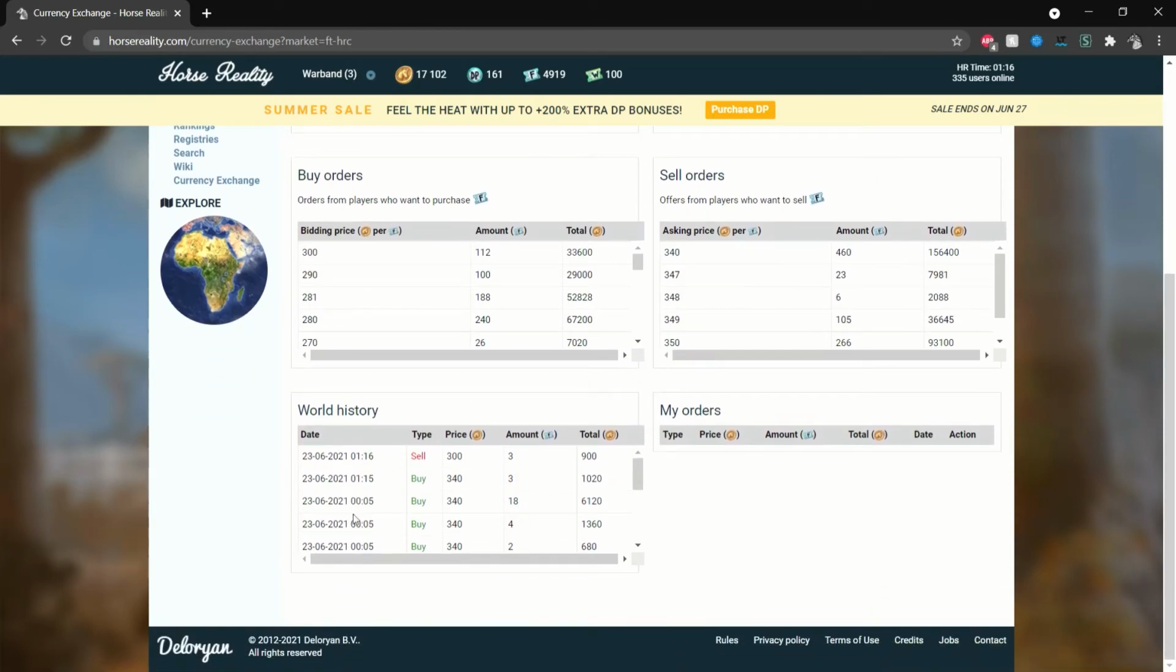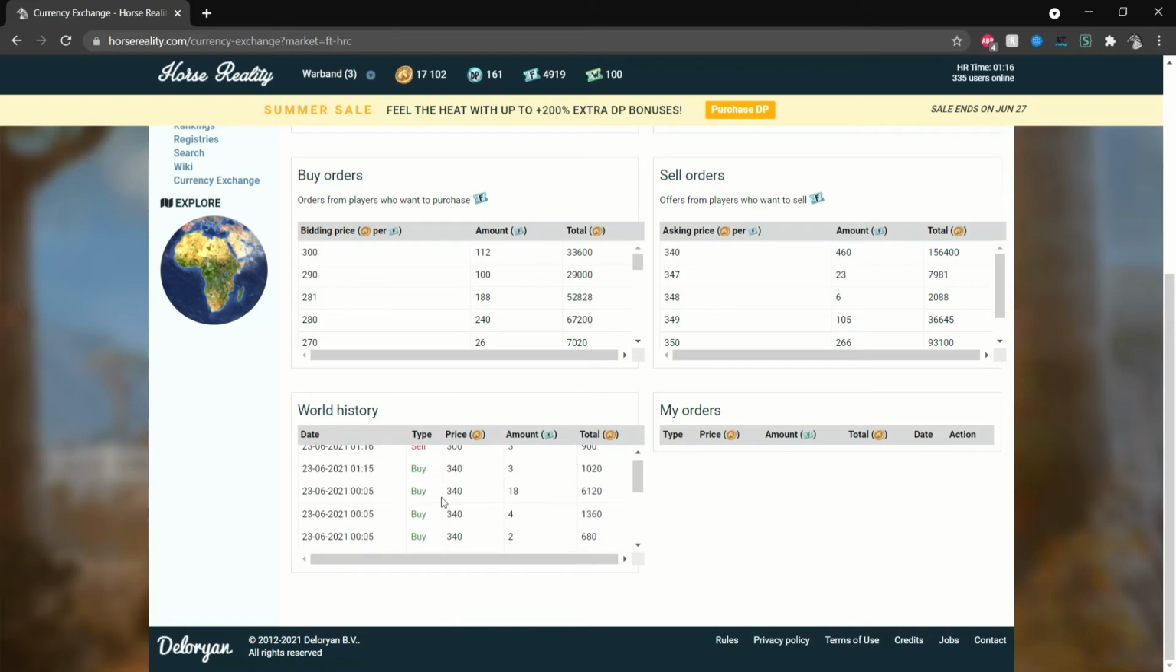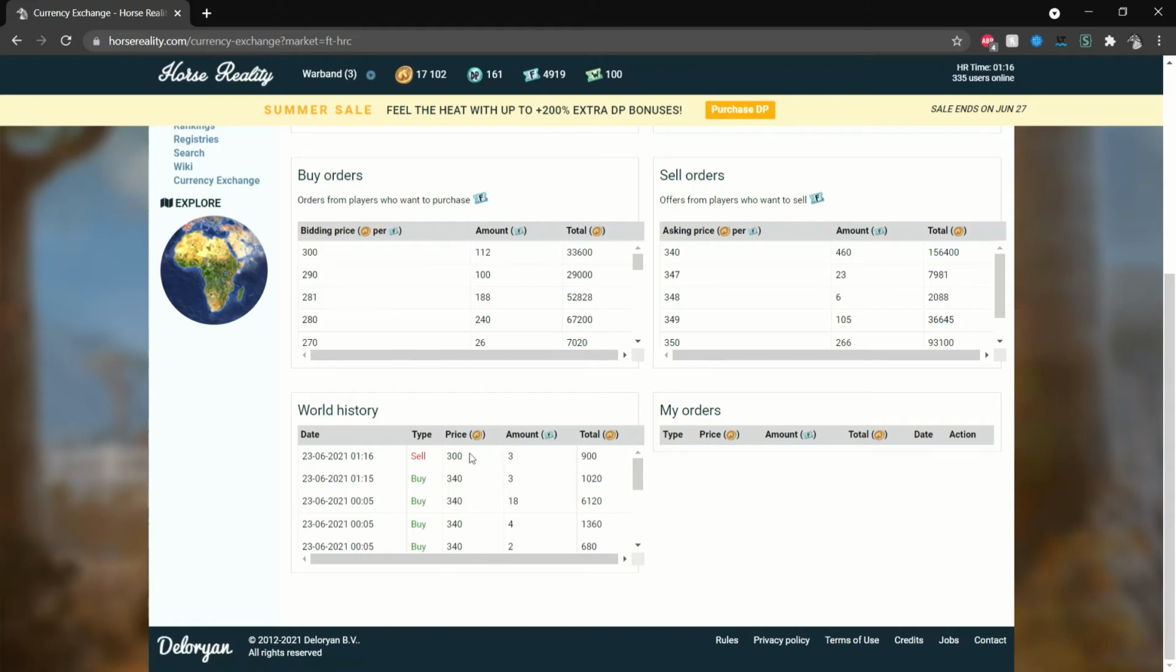And you can also see the world history of the most recent transactions, up to a certain amount. I'm assuming maybe 10, 15 transactions of what has been bought and sold in the past. So you can see that I bought 3 at this price and then sold it for that price. This is a good way to figure out what is a good buying and selling point, because